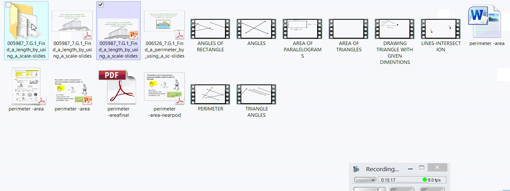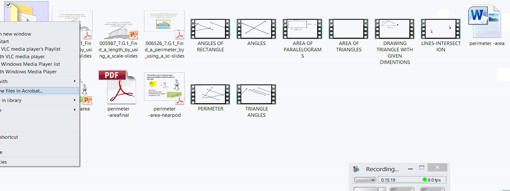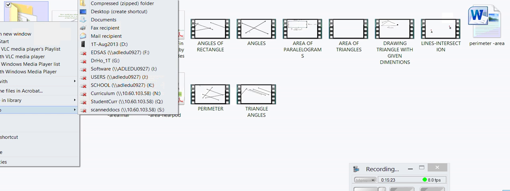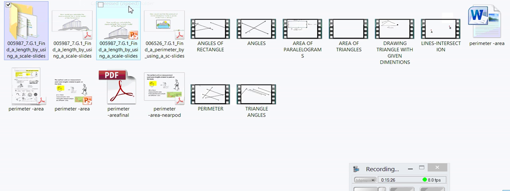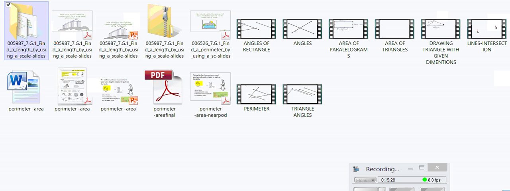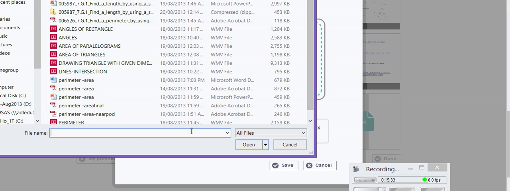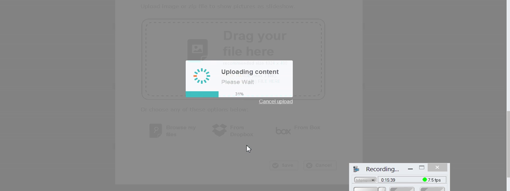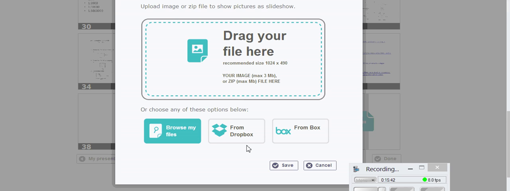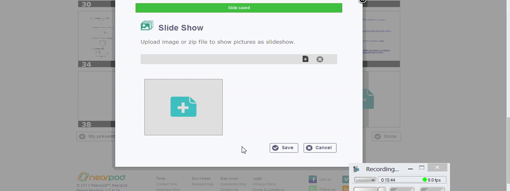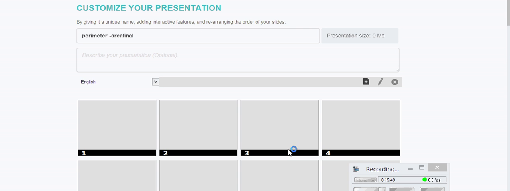so I go here and I need to zip the file, and now I'm going back into here, browse my files, and I have to add a zipped file. Open and uploading the zipped file. I'm sorry, this is a new activity. They keep adding. It's amazing. So I'm saving it, the slide, so, and